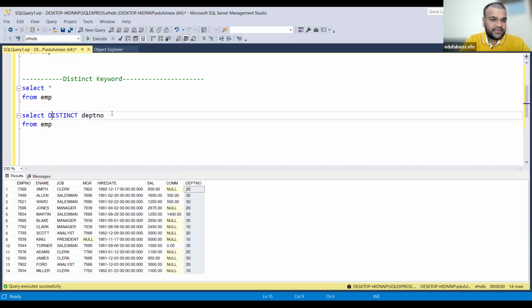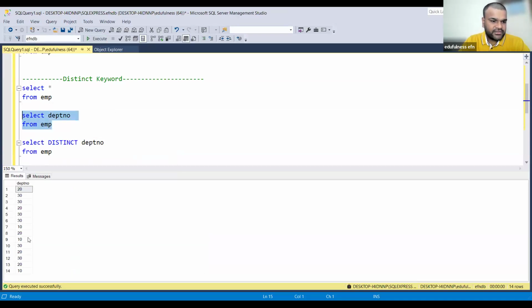So now you see what is happening. Before that, if you see, SELECT DEPT number, only DEPT number, what will happen? Run this query. 14 records you are getting. Understood? Okay. Here, if I give 2 hyphens, it is a comment. It will not execute. Though you include it in the query, it is going to be ignored by the compiler. Only this part it will take. That's why you can see the color difference.